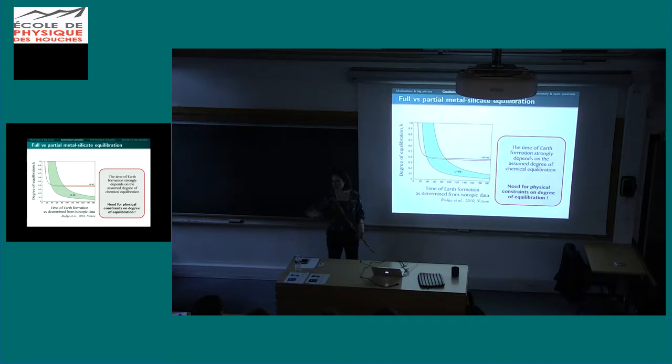Yeah, so they don't say exactly the same thing. Then you have to find other assumptions. But at least what this tells you is that the degree of equilibration is larger than 0.4. Otherwise, hafnium tungsten goes